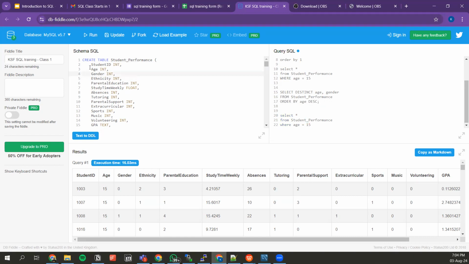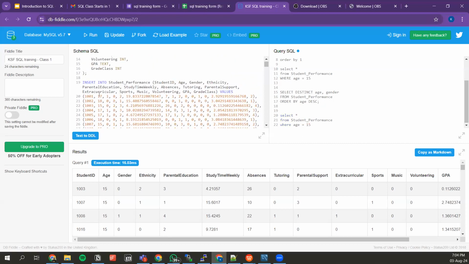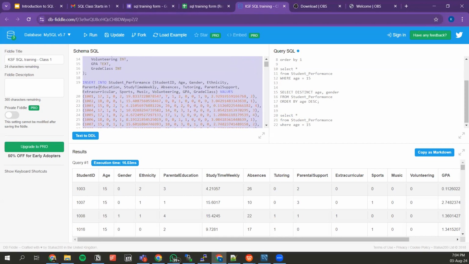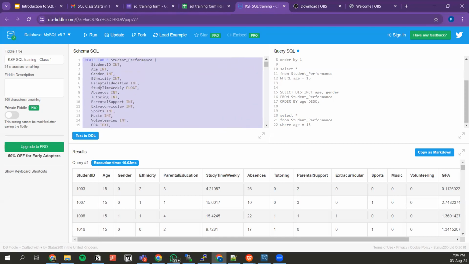So what you can do is, if you come to this particular link, the right side is actually the schema, which defines the database table structures and data in it. You actually have some insert queries here. If you press Control A, which is select all, and then copy it,